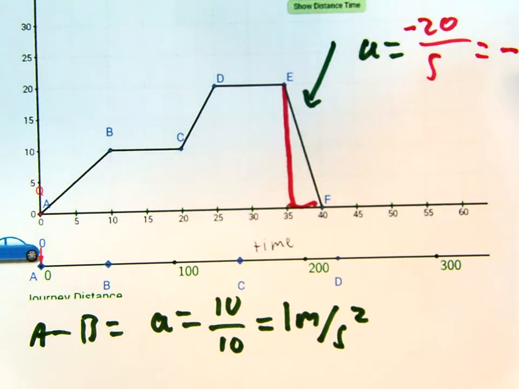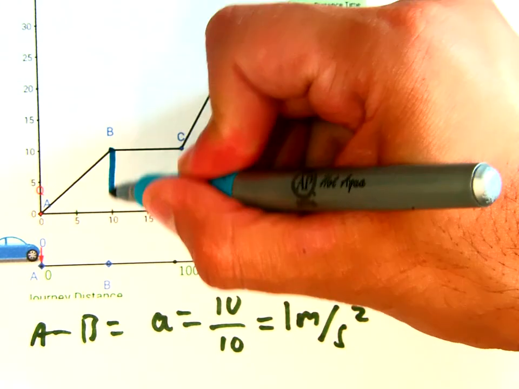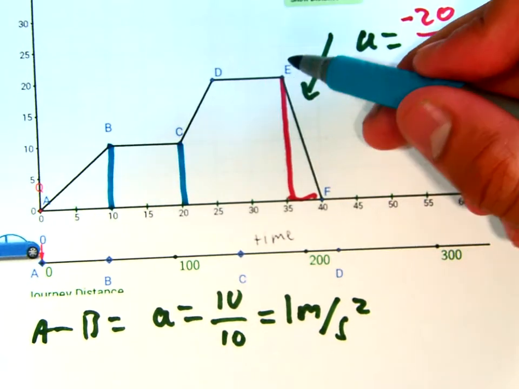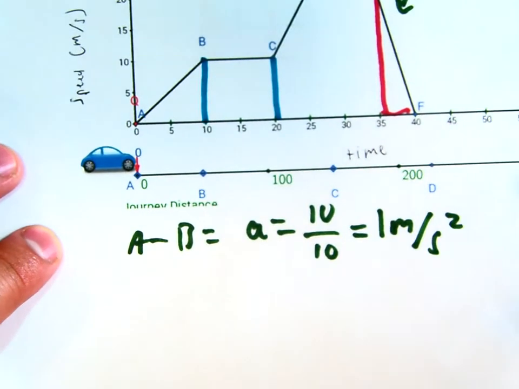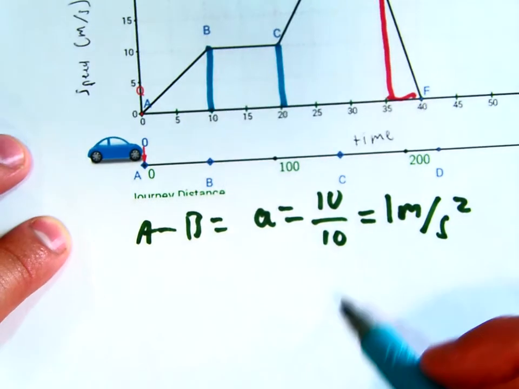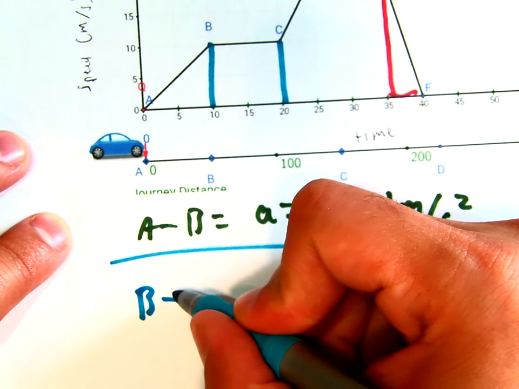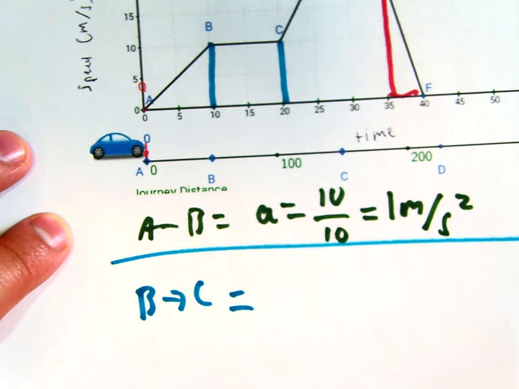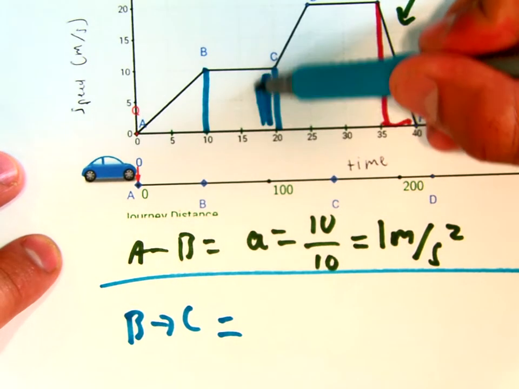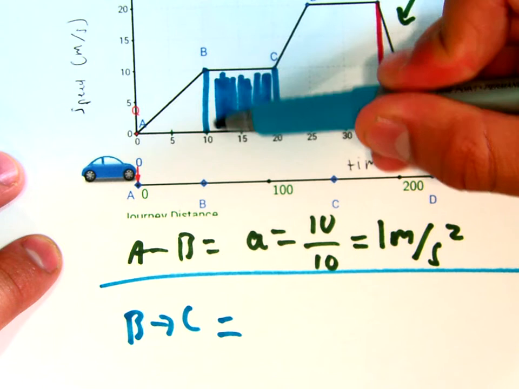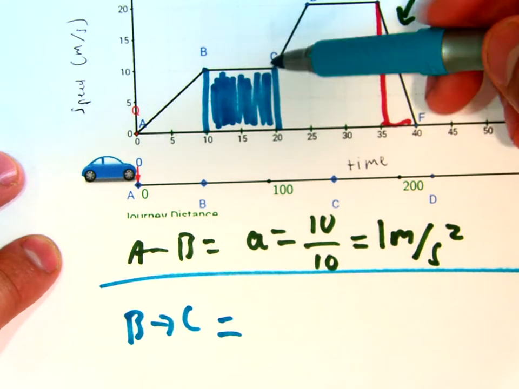Now let's go over the last part, calculating distance. How much distance did he travel? So let's do that for 2 segments. Let's do that for this part here, B to C, and we'll do it for E to F as well. Okay? All right. So we're going to find our distance from point B to point C. So how much did he travel in his car? Well, again, we're trying to find this area if we're trying to find distance. Okay? This is a rectangle, so I'm just going to go